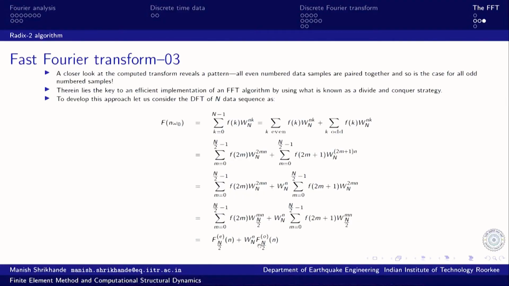Once we have these 2 data points, we know the Fourier transform of 2 data points: it is just the sum of the numbers and the difference of the 2 numbers. Then we can substitute it back into the relation, even part Fourier transform plus W_n raised to the power k times odd part Fourier transform, and work our way backwards, and by addition we can find the original waveform's Fourier transform. That, in essence, is the basic algorithm of the fast Fourier transform.